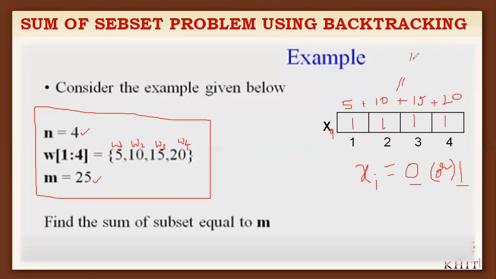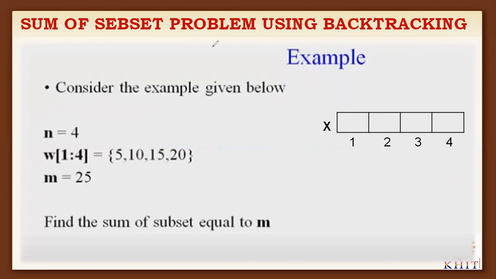The total weight is 50, but 50 is not equal to m. What we require is 25. So this is not the solution, this is a wrong answer, so ignore it. Now we will see which values we need to select. Suppose I select the first value as 0, and the second element is